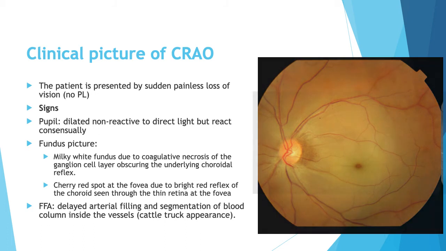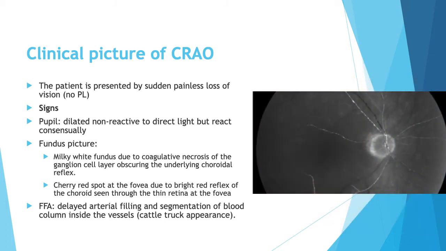What are the other diagnostic signs? When we do fluorescein angiography, injecting the dye to see circulation inside the eye, we can see what we call cattle track appearance, black and white segmentation of the column inside the artery. This is segmentation due to slow circulation inside the artery, and they call it cattle track because the cattle in